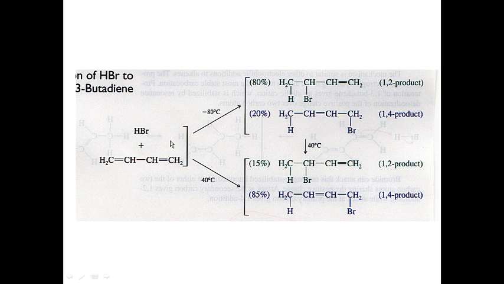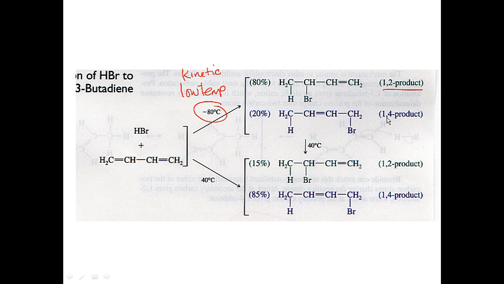Here's a reaction of HBr and butene, the exact same reaction we've been looking at. Here's minus 80 degrees. What is that? That's low temp. What product should that favor? That should favor the kinetic product. So notice what happens. When you do this reaction, you get 80% of the 1,2 product and 20% of the